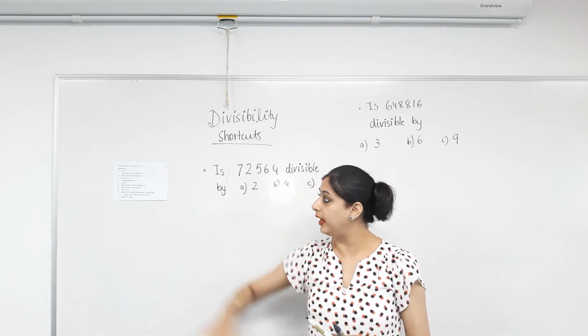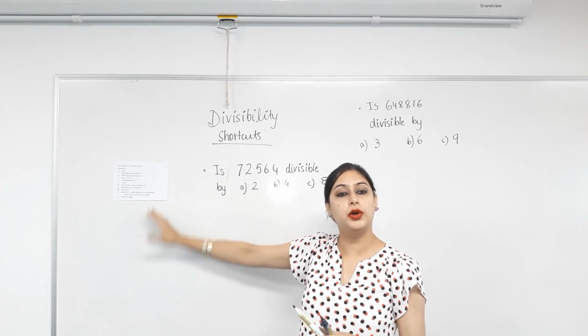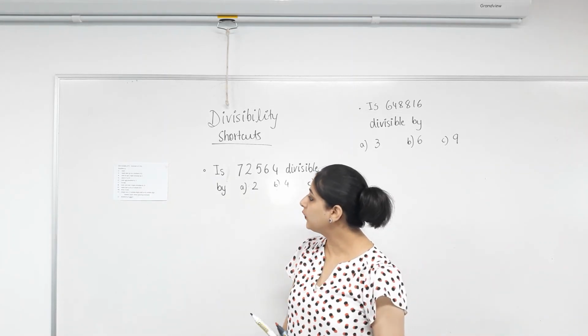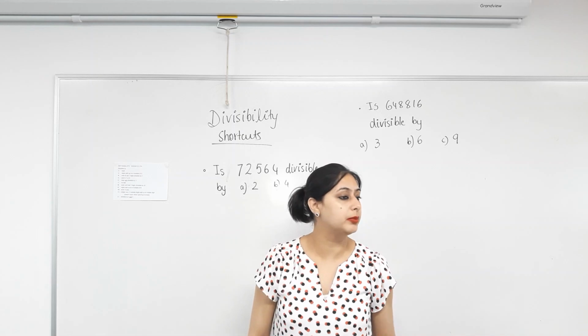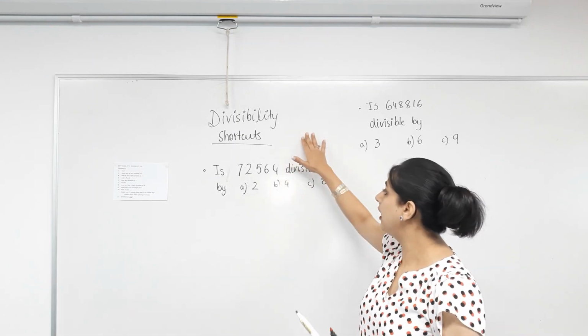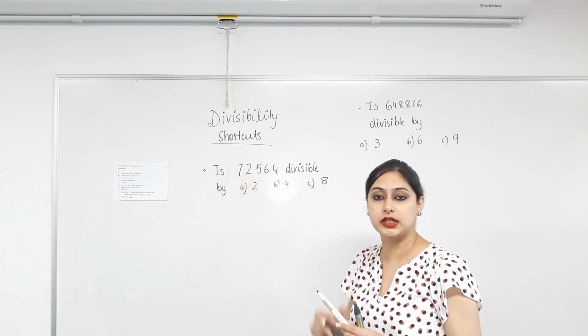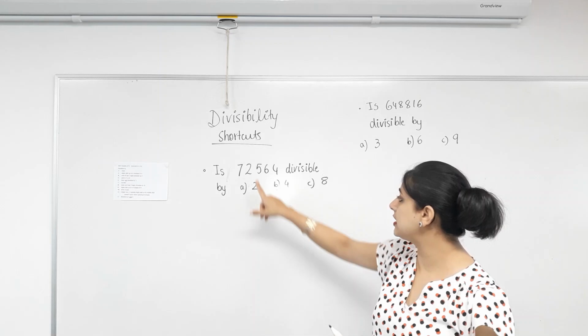So everyone should have a handout that looks like this. I just handed it out, divisibility shortcuts. We'll work through some of them. Unfortunately, there's no test to check if a number is divisible by 7. That's fine, we can deal with that. And let us do divisibility tests for 2, 4 and 8. So, is this number